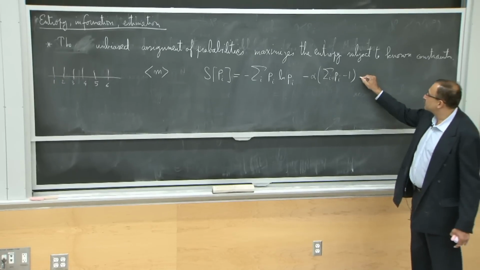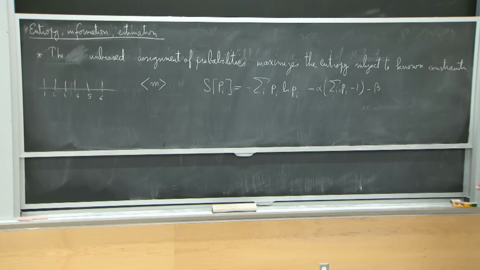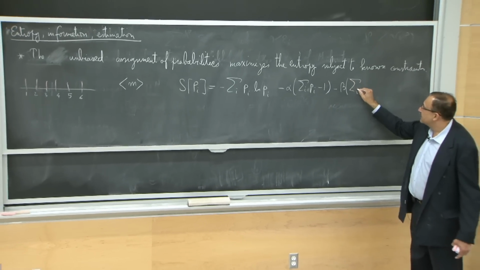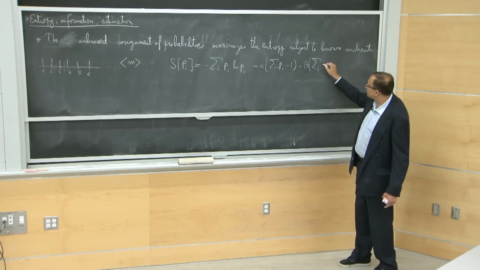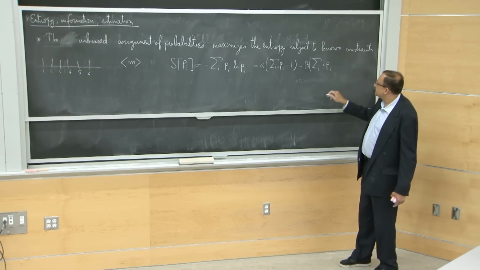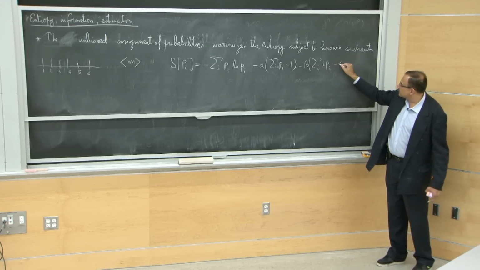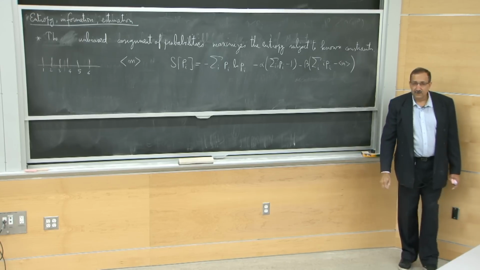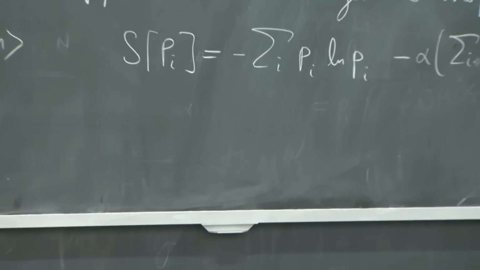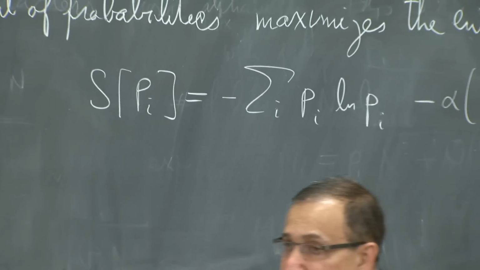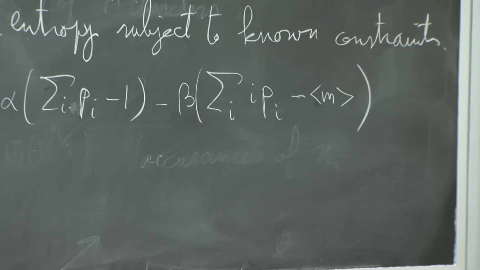And in general, if we have multiple constraints, we can add more and more Lagrange multipliers. And the average of M is the sum over, let's say, i p_i. So 1 times p of 1, 2 times p of 2, etc., will give me whatever the average value is. So these are the two constraints that I specified for you here. There could have been other constraints, etc. Okay? So if you have a function with constraints that you have to extremize, you add these Lagrange multipliers,